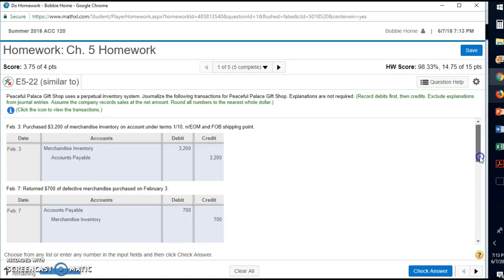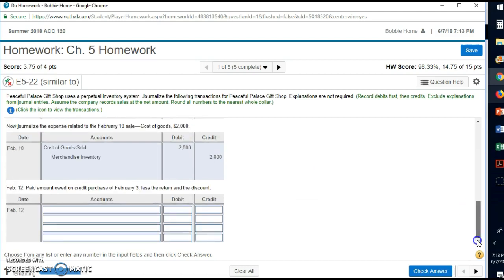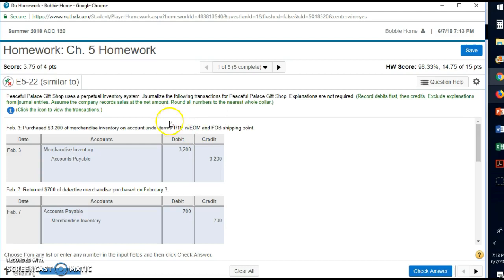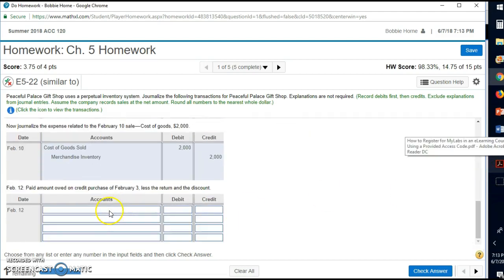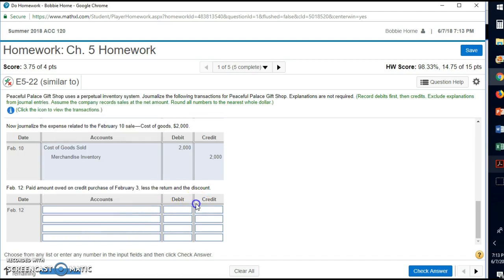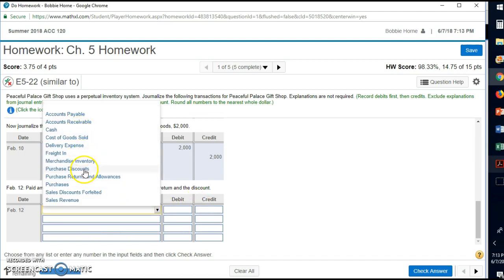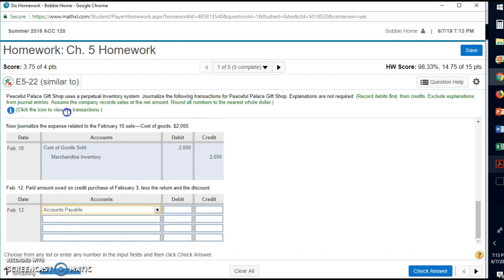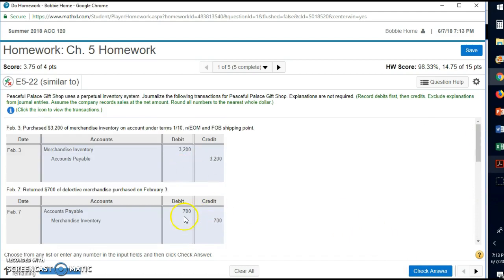Did we pay within the discount period? Well, we paid 9 days later, and we had 10 days to get the discount. So we're okay. So we're going to get a 1% discount. What that means is we're going to take off our accounts payable for the full amount. And I believe we said it was $2,700, the purchase minus the return,